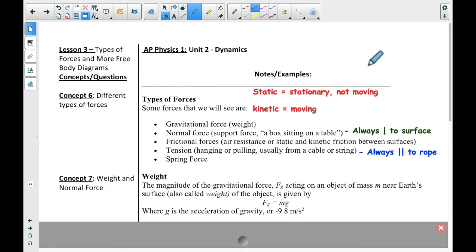Hi everybody, in this video we're going to continue to talk about forces. Some of the main forces we're going to be talking about are weight and normal force, as well as tension, and also apparent force. So first of all, when we talk about forces, we have some static forces, which means